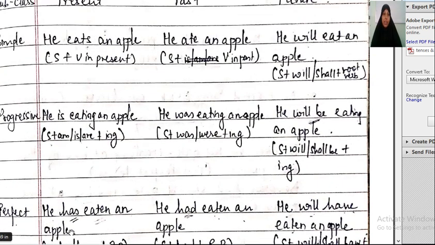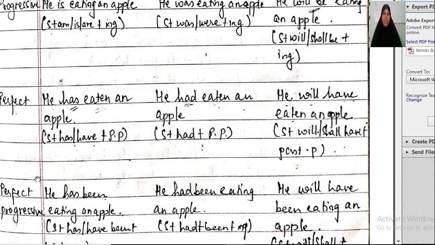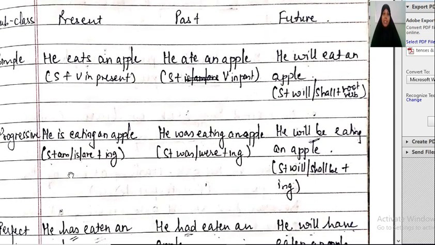These are the 4 kinds of present tense: simple present, present progressive, present perfect and present perfect progressive. Now we are going to see the next main tense, that is past tense. Now, simple past tense. Simple past tense expresses an action that was done or took place in the past. So here the verb will come in the past, that is subject plus verb in the past.